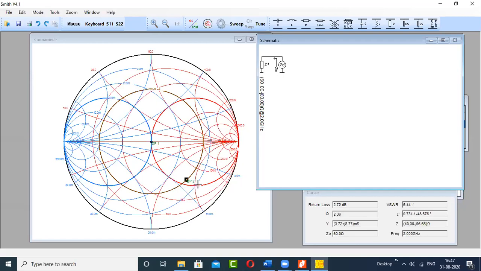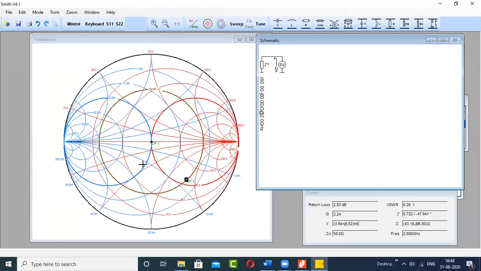So what I will do now, since I said that you have to find the intersection between this SWR circle and this conductance circle. You can see that the conductance circle and SWR circle were intersecting at this one point, and this is the other point. So there are always multiple solutions for stub matching. What we just got as a solution was one of the answers. The second can be, once again, you start from this load end and keep traveling towards the generator, and instead of stopping here, you can stop here also, and from here you can go to the center of the Smith chart.